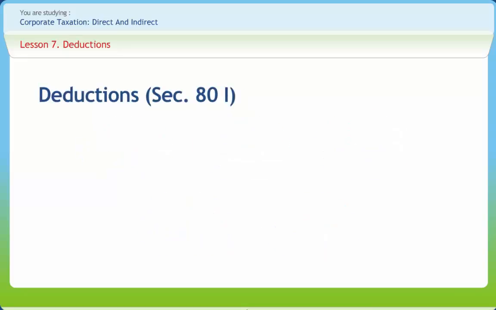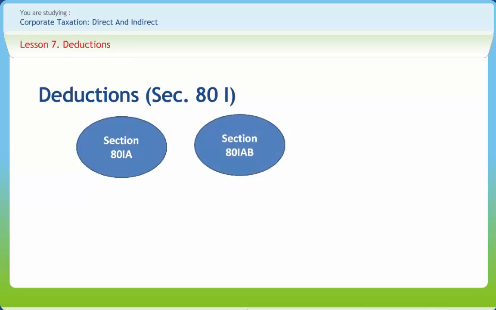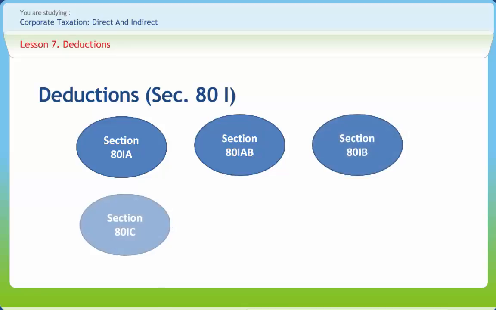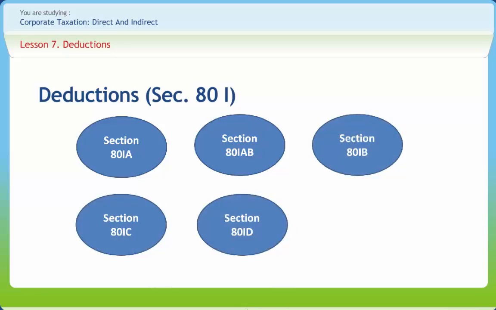Now let's discuss deductions under Section 80I. They can be discussed under heads, namely Section 80IA, Section 80IAB, Section 80IB, Section 80IC, Section 80ID, Section 80IE. 80IA gives deductions in respect of profits and gains from industrial undertakings or enterprises engaged in infrastructure development, etc., where the gross total income of an assessee includes any profits and gains derived by an undertaking or an enterprise from any business referred to in subsection 4, there shall, in accordance with and subject to the provisions of this section,